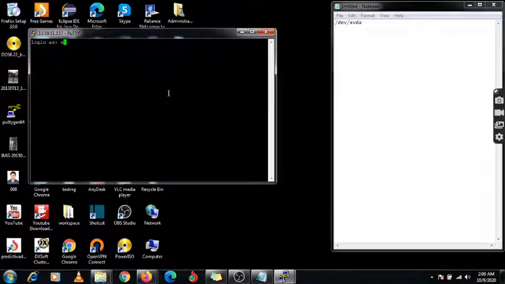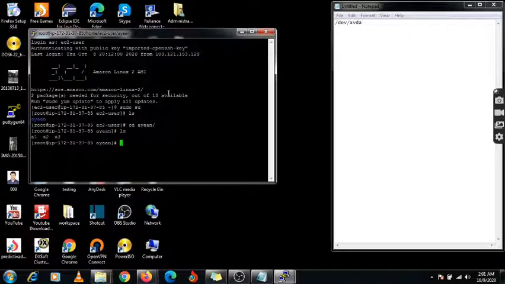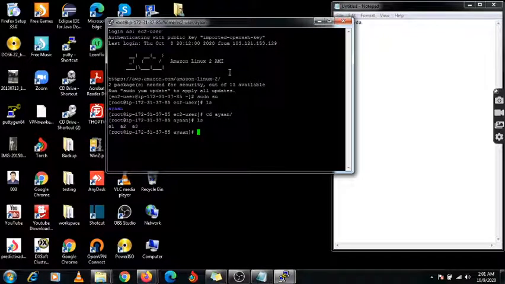Here is the option, the ec2-user. sudo su. Here we have created one directory, that is ION, and under this ION we have created three files, A1, A2, A3. So using this AMI I have created one new instance in another region. This is the method to create your EC2 instance in another region, which means you are migrating your instance from one region to another. This is the method you need to apply.